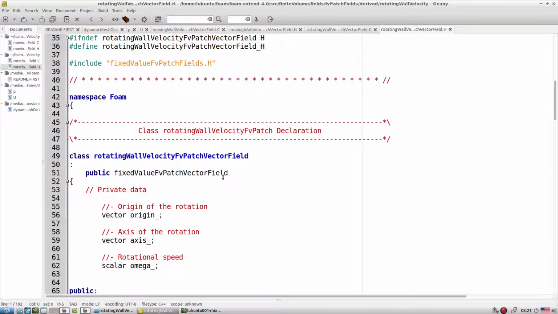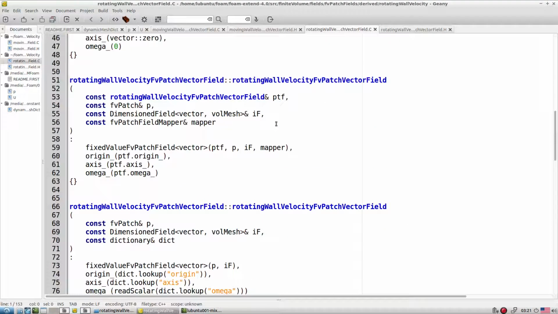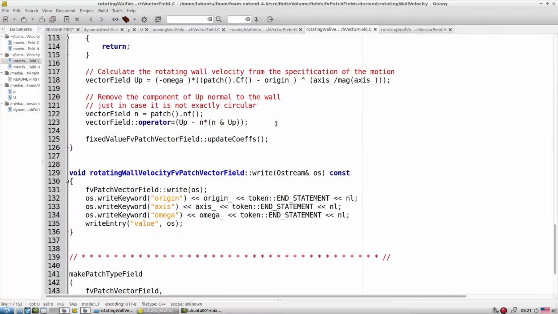We have to specify the axis, omega and the origin. These few things have to be specified, and this is what is needed. It takes into account the tangential component, so up minus the normal. It removes the component of up normal to the wall and just takes into account only the tangential component of any velocity.